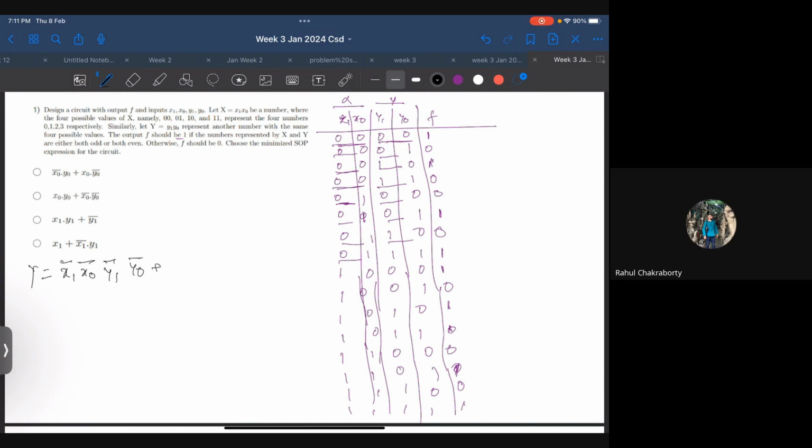One question in that regard: from the options, is there a way to figure it out? From the options, yeah, you can figure it out by trial and error or something. See, the thing is, if you look carefully, so you can see that